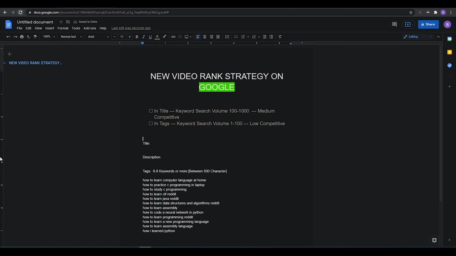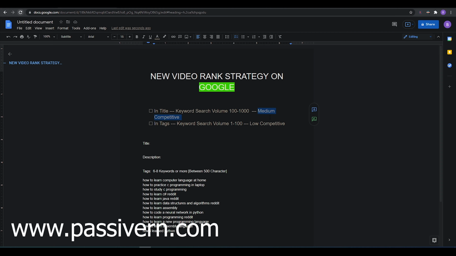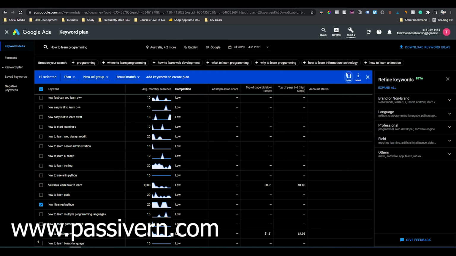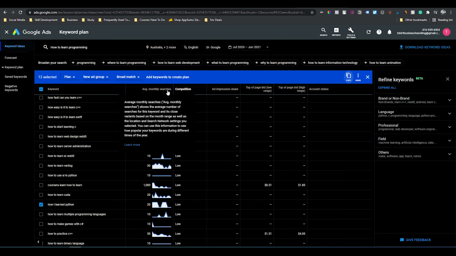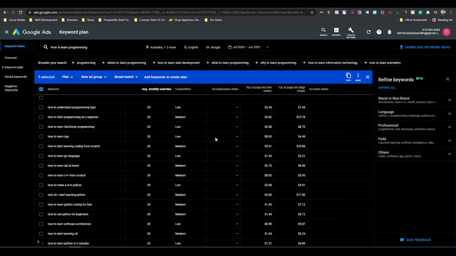For the title, we have to take some keywords whose search volumes are between 100 and 1000 and they should be medium competitive. So just go to average monthly searches and take 1000 and up, and competition should be medium.